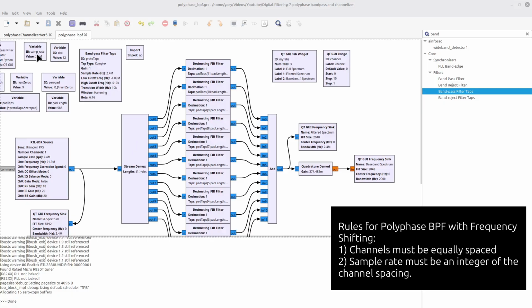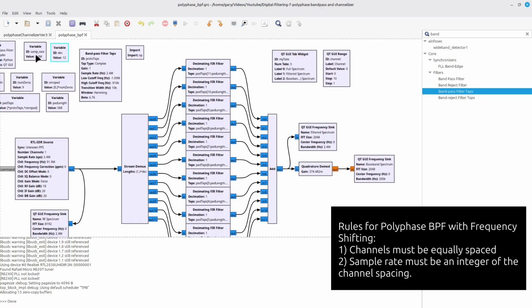Next, my sample rate has to be an integer multiple of that channel spacing. In this particular case, I'm using a 2.4 megahertz sample rate, which is 12 times my channel spacing of 200 kilohertz. That's the reason why I said, okay, I'm starting really at 200 kilohertz channel spacing, and with a factor of 12, that gets me 2.4 megs, which is within the capabilities of the RTL-SDR.